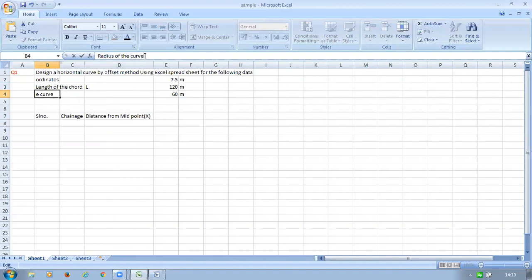This is the radius of the curve R, this is the total L, and this is the ordinate they have given to you. This is serial number, chord length, distance from midpoint x, and again the formula, ordinate at a distance of x meter.